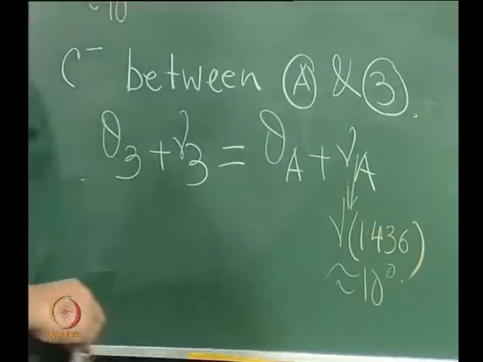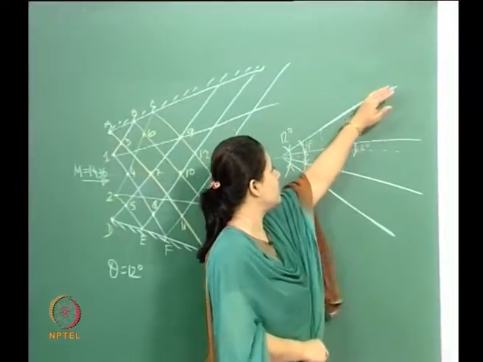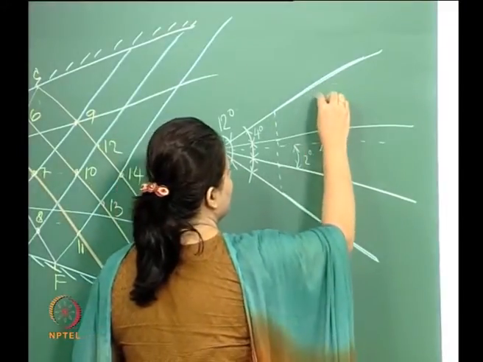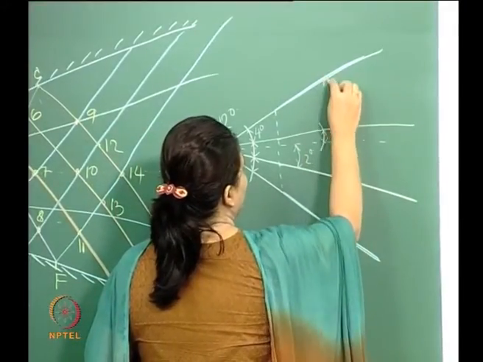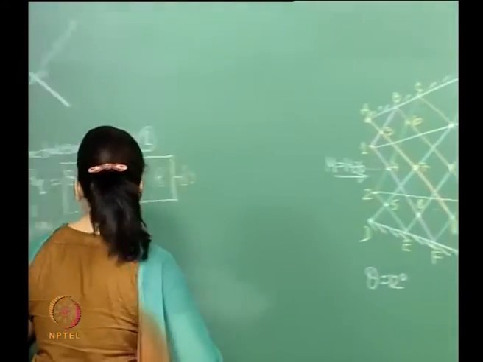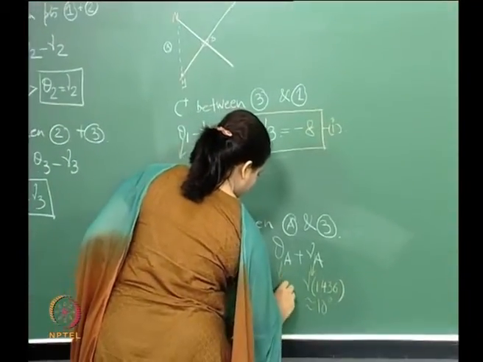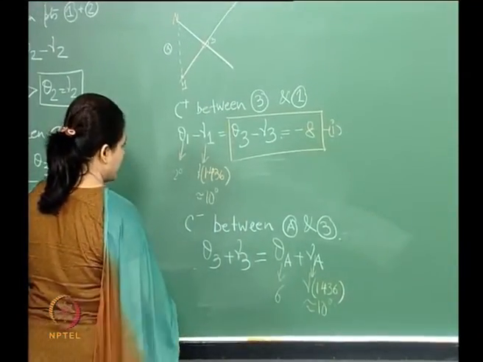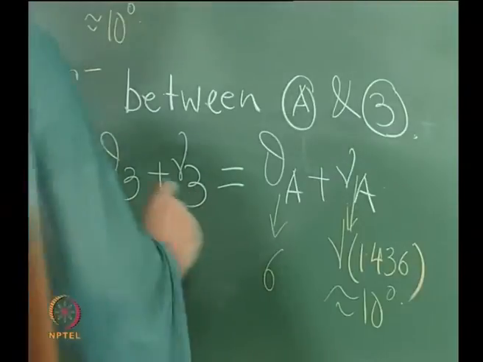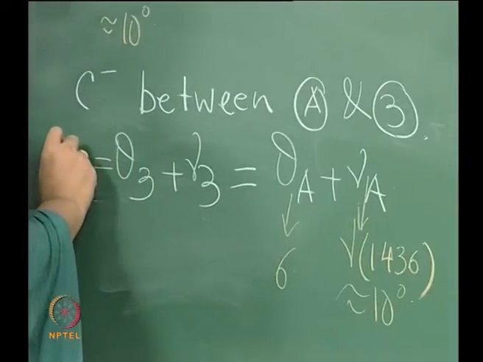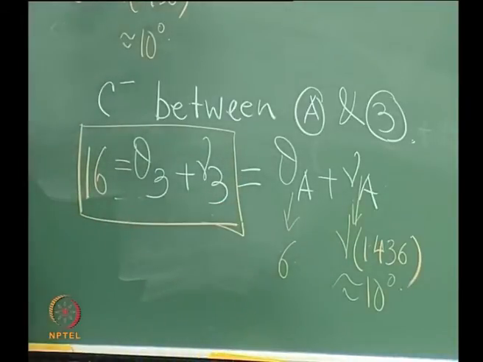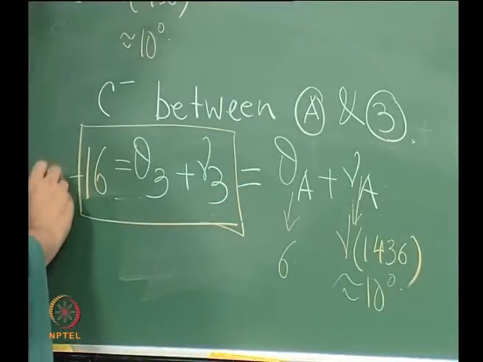And theta A, now what we saw from here, theta A is this my wall out here. So as you can see from here, therefore theta A is 6 degrees, okay. So 6 degrees, okay. So which means that theta 3 plus mu 3 is equal to 16, right. So let us call this as,